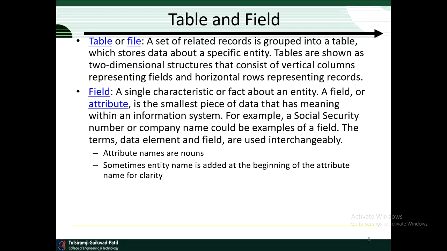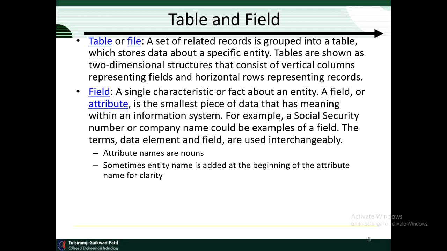Then what is a table and what are the fields of that table, that we will see now. Table or file: a set of related records is grouped into a table. We store data about a specific entity.